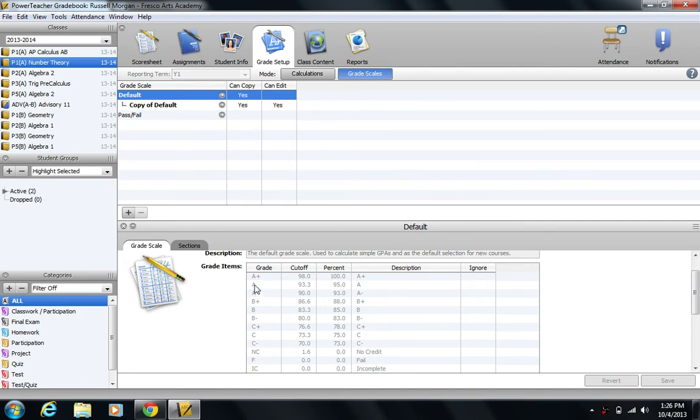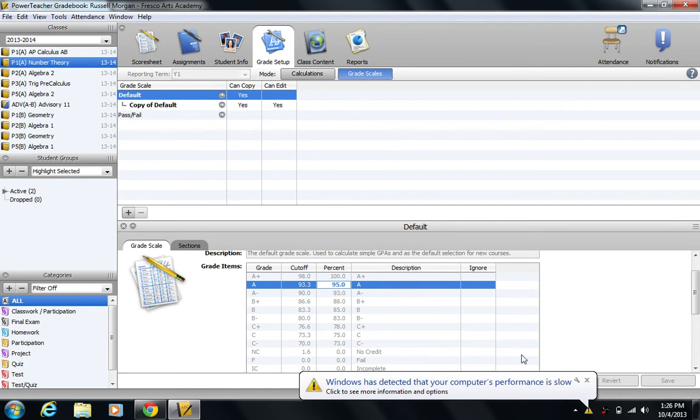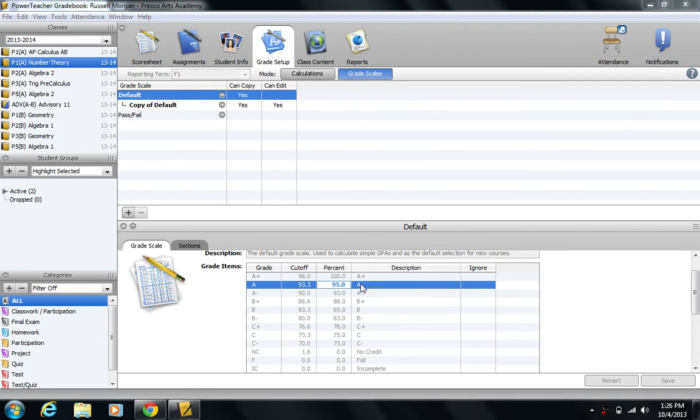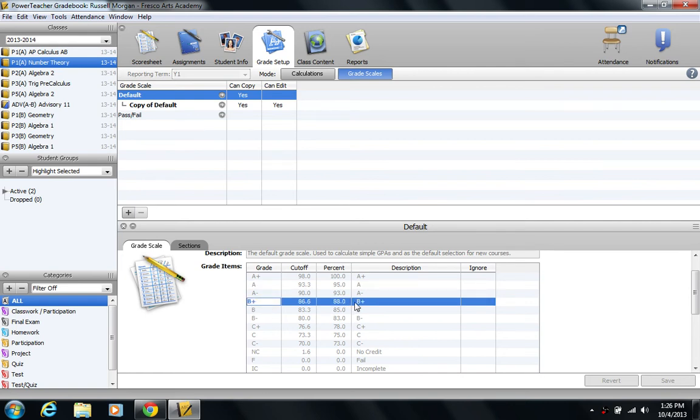In fact, I'll use the letter grade of A. One of the students got a letter grade of A. The percent says what percent of points that stands for. I have a letter grade of A for one of the students, which means they're going to get 95% of the points for that. They got a score of 95%. And then another student I gave a B+, and they actually only earned 88% for that grade, so 88% of